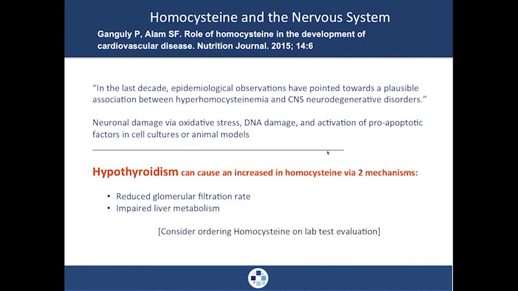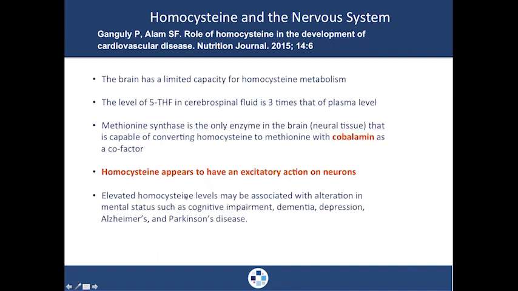Now, when you're ordering laboratory tests, I want you to make sure that you're considering homocysteine, aside from methylation, but also we're back to thyroid again, because here's the problem. Individuals that are hyperthyroid can have an increase in homocysteine. What it will do is reduce glomerular filtration and impair liver metabolism, and homocysteine can cause damage to the body, particularly to the nervous system and the blood vessels. That's why you want to check that out. That's where it's intimately related to a thyroid condition.